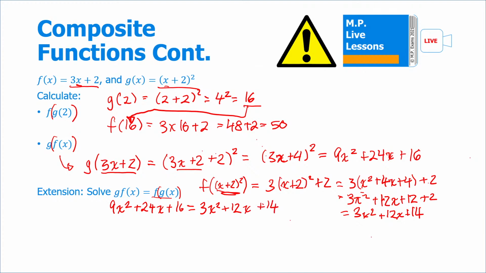Now we put everything onto one side, and then we'll use the quadratic formula. So we take 3x squared from both sides, so we get 6x squared. So that cancels this out. To get rid of this, we take away 12x on both sides. And to get rid of this, you'll take away 14 from both sides. So you're left with blank on the right, and then just plus 2 on the left, and that's equal to 0. Now if we use the quadratic formula,